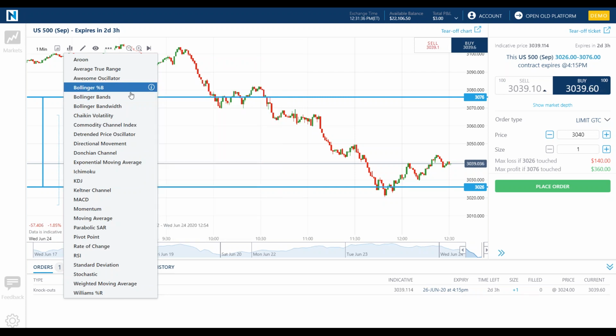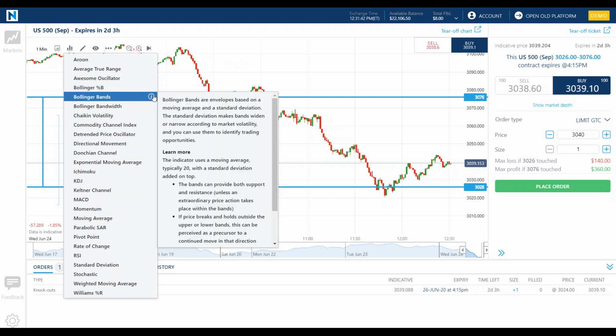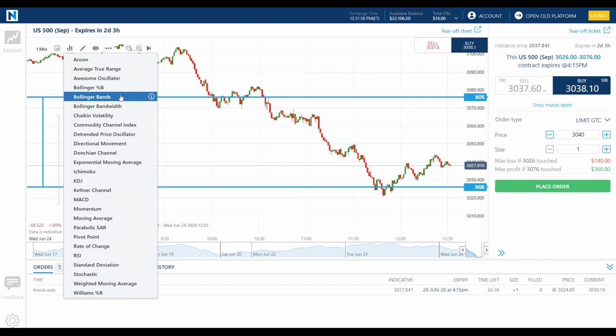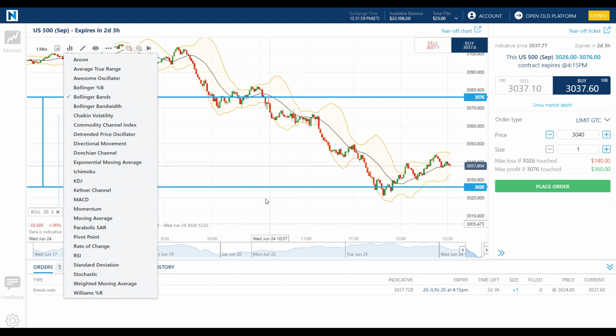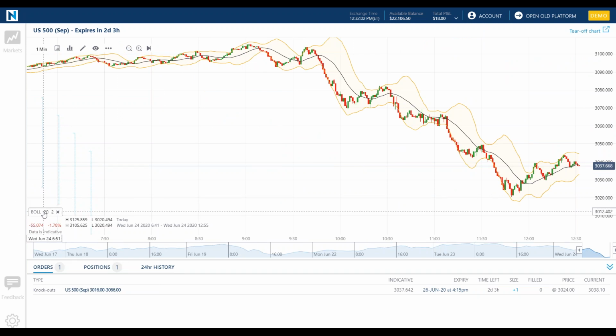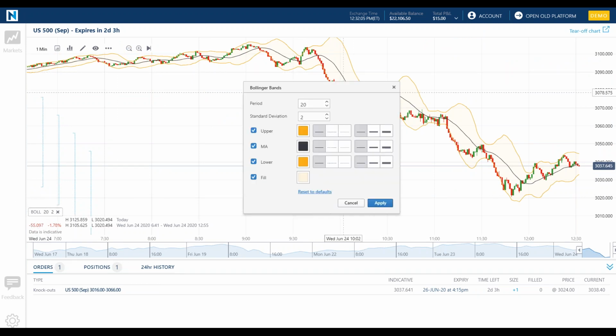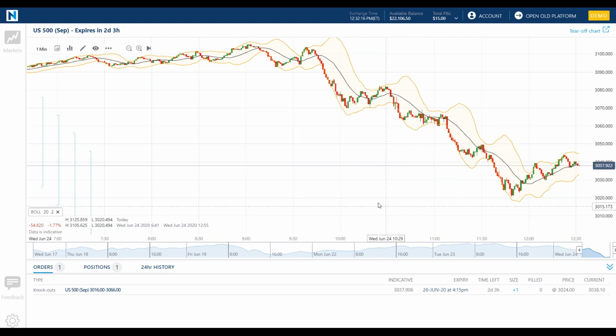For instance, if I wanted to put in Bollinger Bands, I know that this uses moving averages and standard deviations to try to put some boundaries around where you think you might see support and resistance levels so that you could potentially make buy or sell decisions. If I put Bollinger Bands on, which I just did, notice that down in the left-hand corner, it tells me I have Bollinger Bands on, and the standard is 20 periods. You can customize this however you like. You can customize the standard deviations. You can change how it appears, what you're looking at. All right, I'm just going to leave the standard ones on.